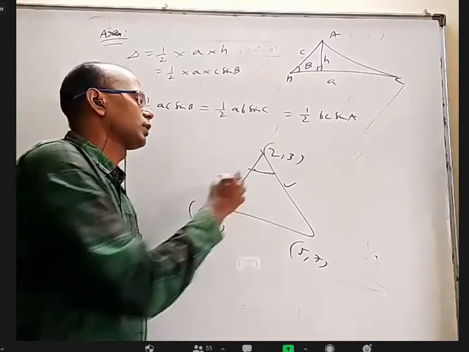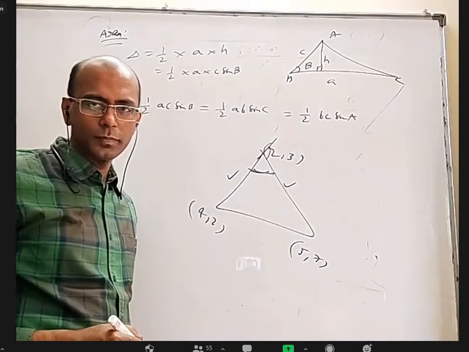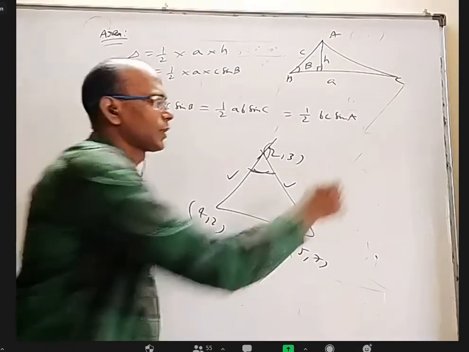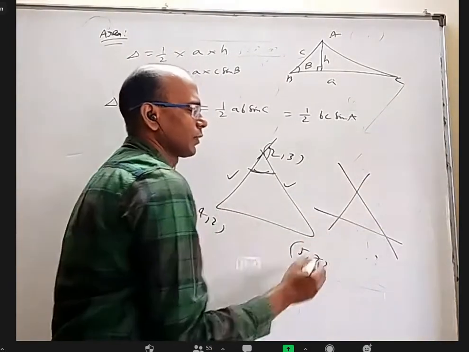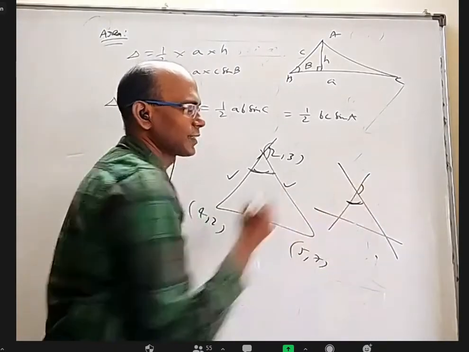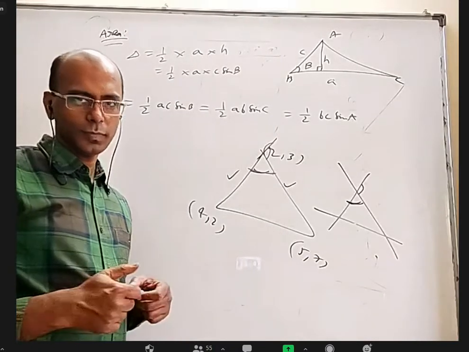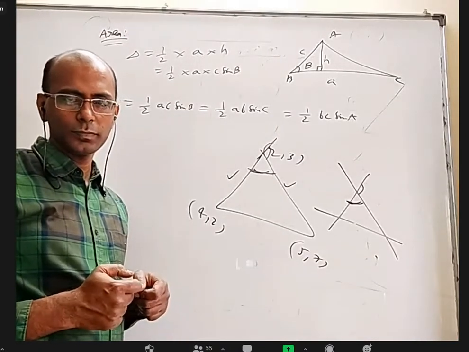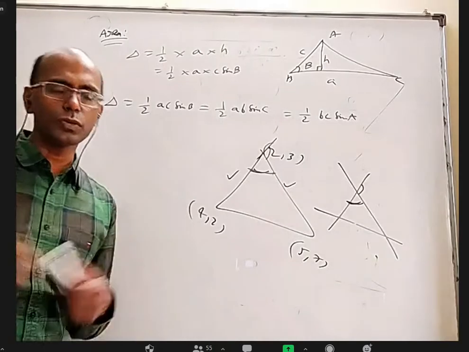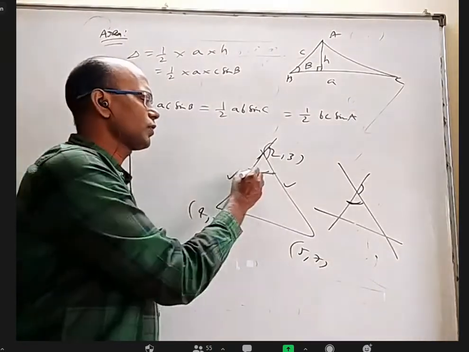But you don't know whether you are finding this angle or this angle, because these are all sides now. You are finding the angle between these two lines. What is the guarantee that you are finding this angle? You may be finding this angle. So by 2D geometry, it is not possible to tell. That means you don't know whether you're finding this or this.